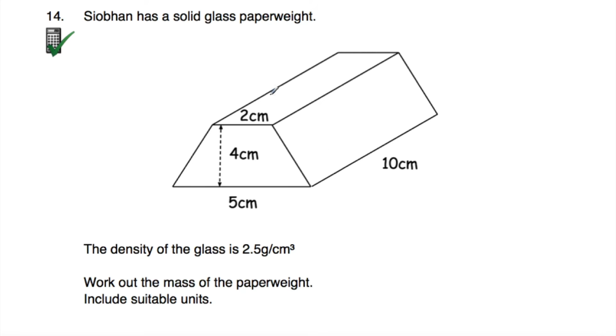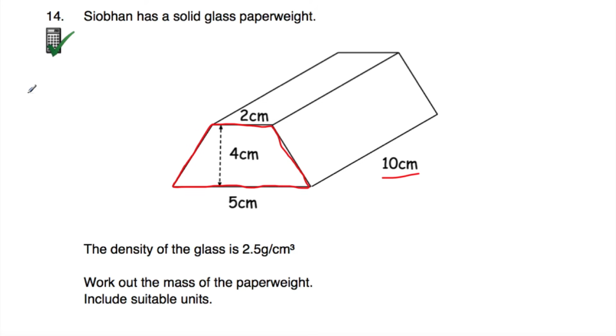So if we want to find the mass of this paperweight, we're going to need to find the volume of the paperweight. And then once we know the volume, we know that every single centimeter cubed will have a mass of 2.5 grams. So we can just times the volume by 2.5, the density, and that'll give you the mass. So let's work that out. Let's find the area of that cross section. We have got this trapezium at the front of the prism here. And if we find the area of that trapezium, we can then times it by the length of the prism,